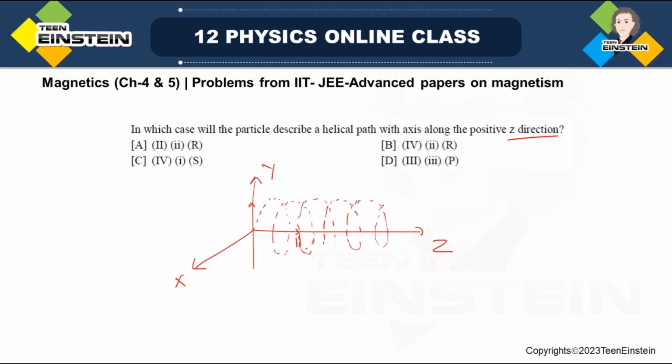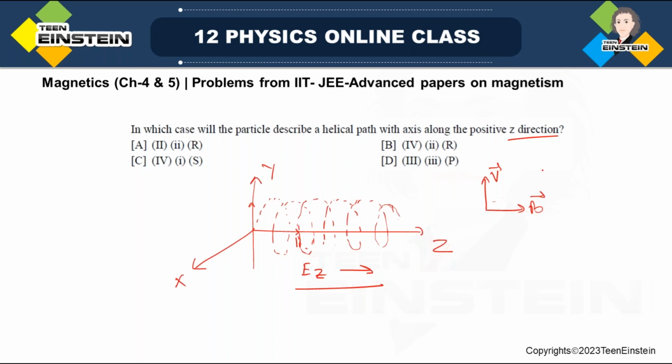It is possible only when the electric field is along the z direction, so that it will be pushed along the z direction. Helical means, like magnetic force. If the magnetic field and the velocity are perpendicular to each other, then the charged particle entering the region where the magnetic field is perpendicular to the velocity,